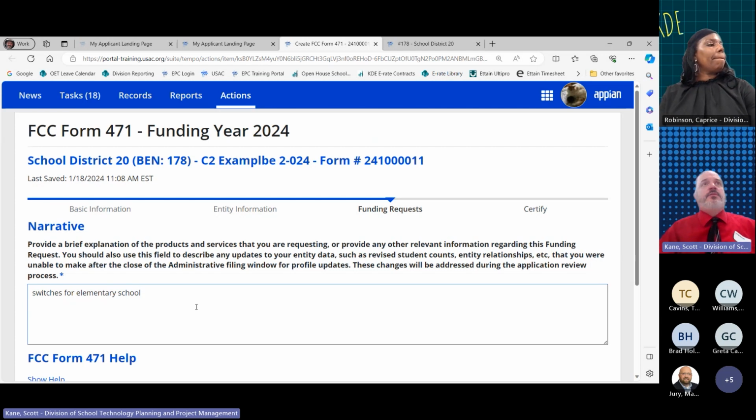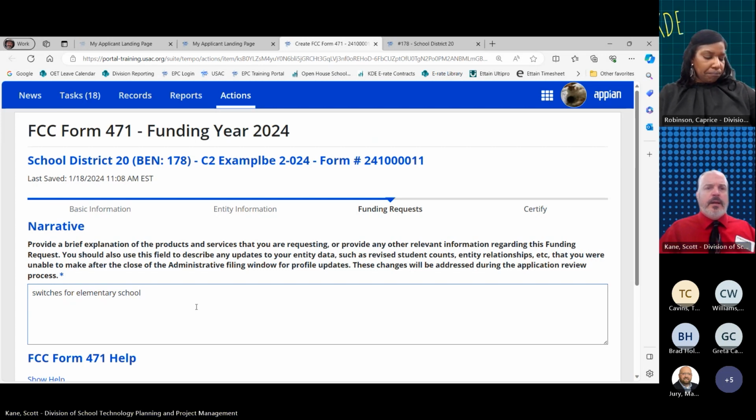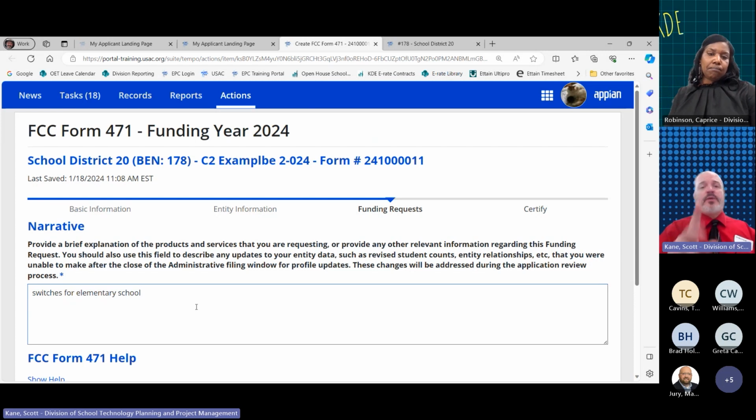I can guarantee you that if you do that, they will ask you for third-party validation. So they're going to come back to you and say, we need a letter from the state or some other form of documentation that verifies that what you're claiming is true. We're more than happy to put those together for you. Just let us know that you need one, and we'll get it out to you. This is one of the 2 places where you would do that.